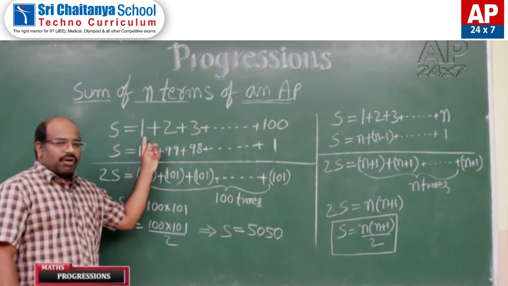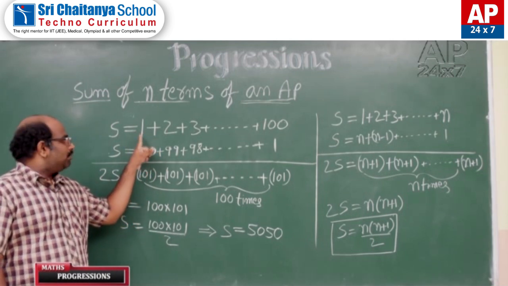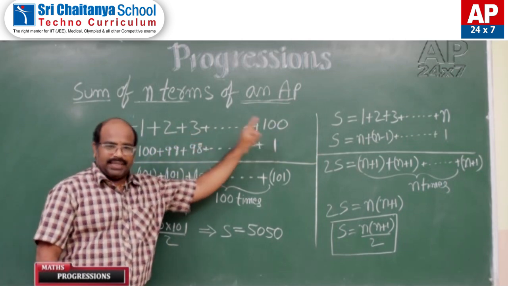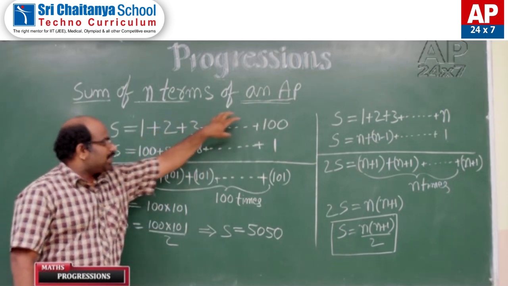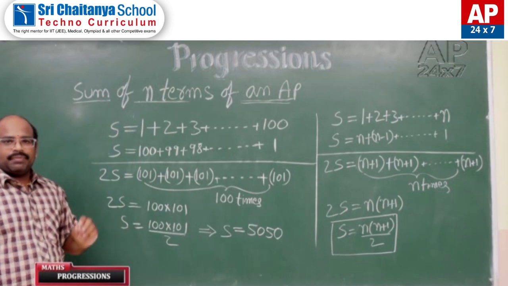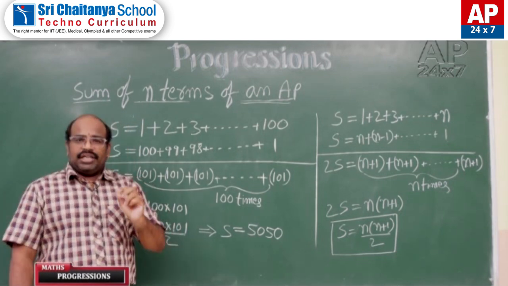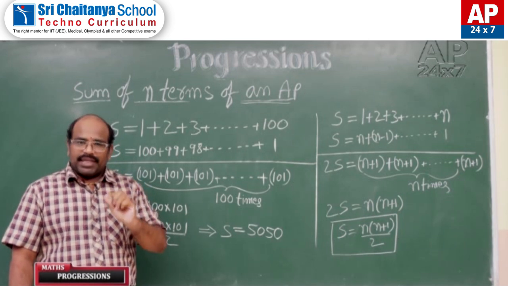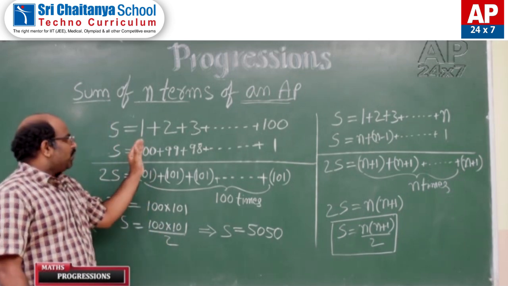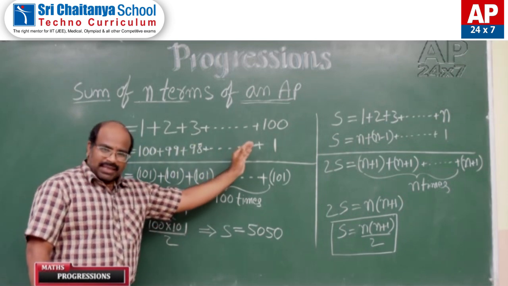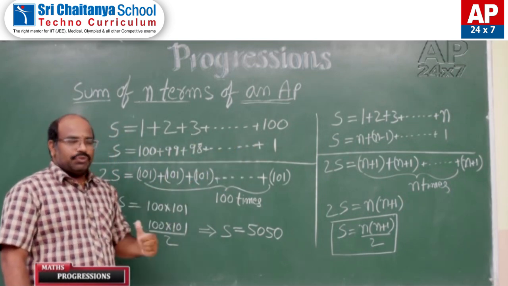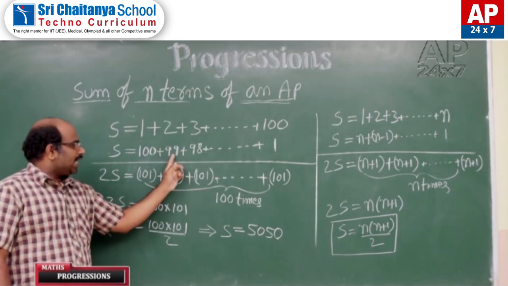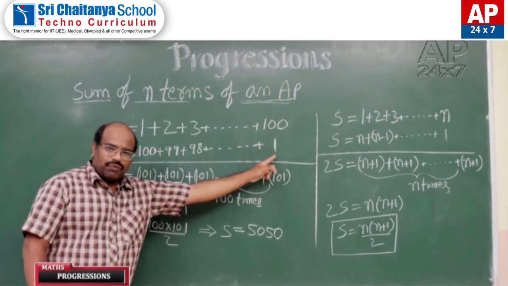Now, the sum of the first 100 natural numbers is nothing but 1 plus 2 plus 3 plus and so on plus 100. He assumed this sum as S. We know that addition of real numbers satisfies the commutative property. That means, if we add in the reverse manner, we will get the same sum value. He wrote all the numbers in the reverse order, 100, 99, 98 and so on to 1.